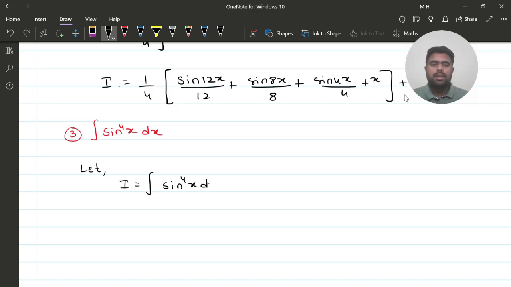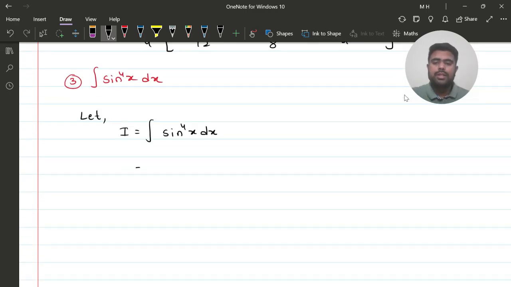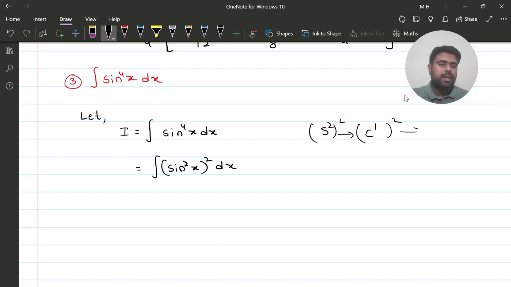4x dx. Okay, so ನಾನು ಈಗ ಏನು ಮಾಡ್ತೀನಿ ಅಂತ ಹೇಳಿದ್ರೆ ಆ sin raised to 4x ಇದ್ದದನ್ನ I will write it down as sin square x whole square dx. ಯಾಕೆ ಅಂದ್ರೆ sin square x ನ ನಾನು ಲೀನಿಯರ್ ಮಾಡ್ಕೋಬಹುದು ಅಂದ್ರೆ cos raised to 1. ಓಕೆ, ಅದು ಅವಾಗ ಈ ಹೋಲ್ ಸ್ಕ್ವೇರ್ ಇರೋದ್ರಿಂದ cos square ಆಗುತ್ತೆ. cos square ಅನ್ನ again I will write it as linear cos raised to 1. I hope you are getting my point, right? So what I will do now is,